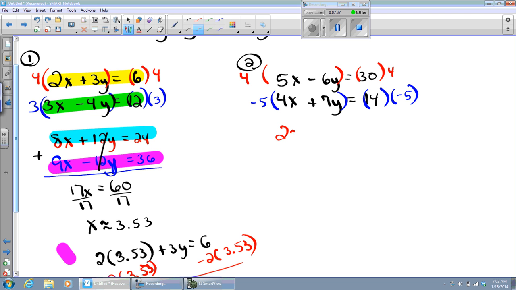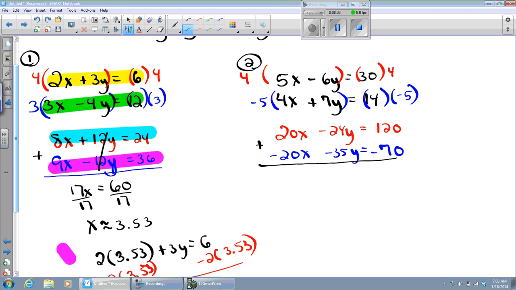So I'm going to get 20x minus 24y, and that's going to equal 120. And then I'm going to get negative 20x minus 35y, and that is going to equal negative 70. Okay, now I'm ready to add the two equations together. When I do so, those cancel. It looks like I'm going to get a negative 59y, and that's going to equal 50. And I'm going to divide by negative 59, and y is going to end up